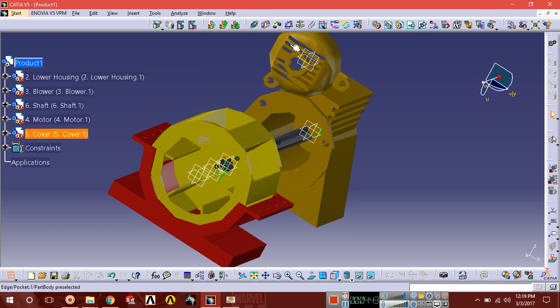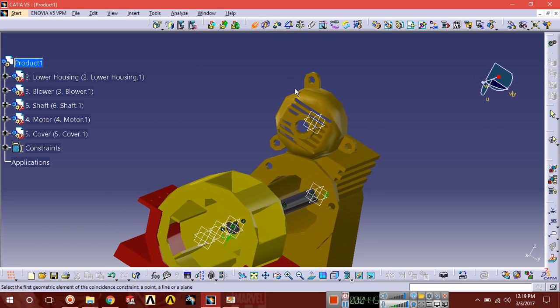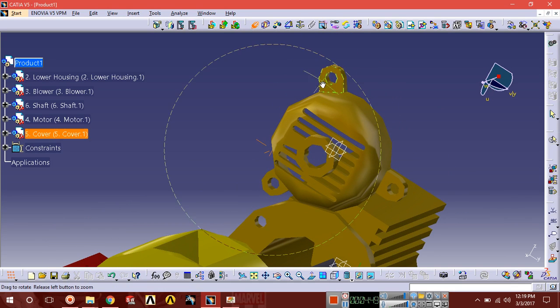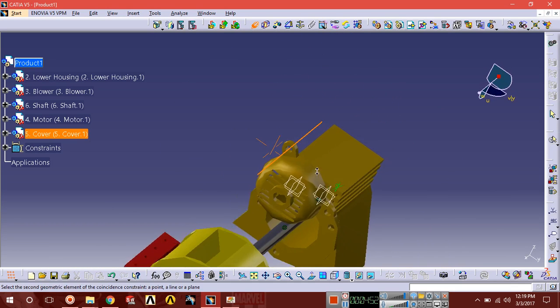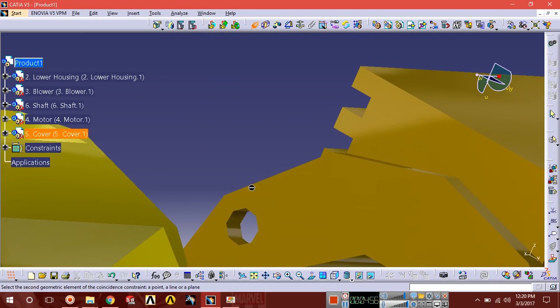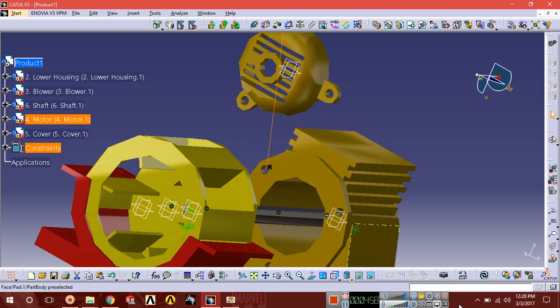Remove this compass, select coincident constant, select this surface and select this surface also.